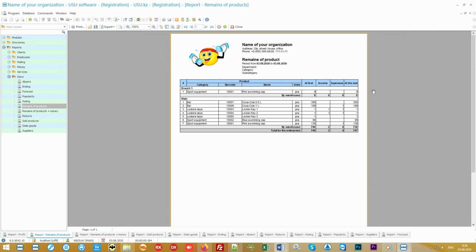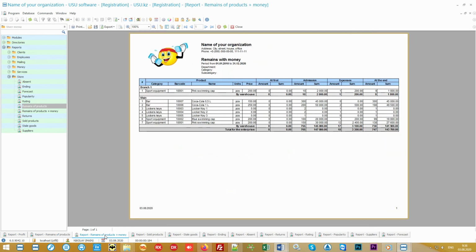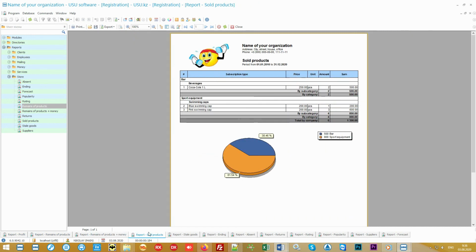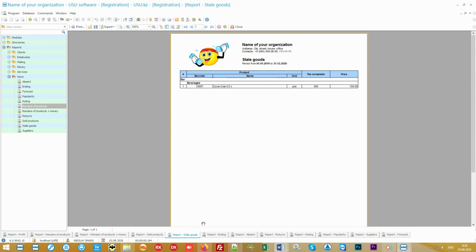Moreover, for any unit, warehouse, or just an accountable person. You can also see in monetary terms where the product is and in what amount. It is possible to display sales for any period, both for each position and for entire groups and subgroups. You can see the stale goods that are not being sold. The program may remind you in a separate registry that the product is running out, so that you do not lose money, for example, if some popular product unexpectedly ends.